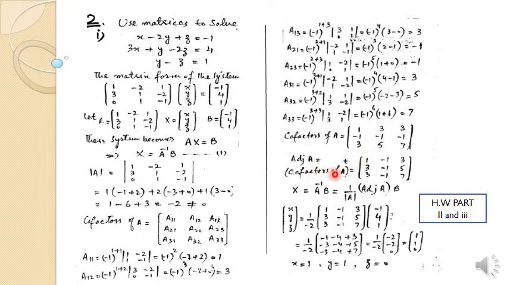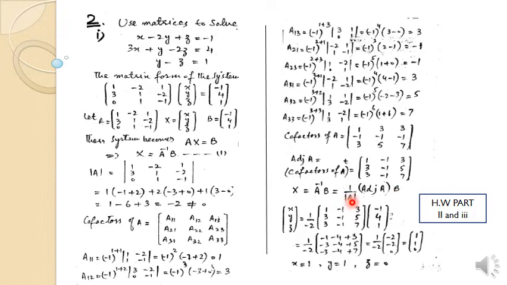And what is the adjoint? Adjoint equals the cofactor matrix of A whole transpose. Then we take the transpose of these cofactors of A. If we take the transpose, we change rows into columns. So what is the first row? 1, 3, 3, and we shift it into the column 1, 3, 3. Similarly -1, -1, -1 is shifted into a column. Similarly, what is the last row? 3, 5, 7, 3, 5, 7. The formula of A inverse is 1 upon determinant of A into adjoint of A.